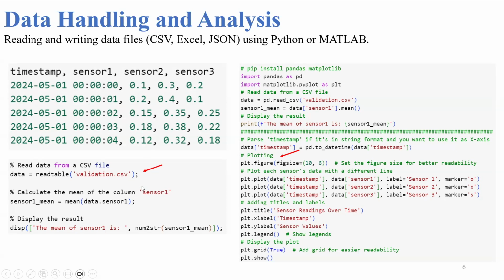And you can read them using pandas. You can calculate the mean or average of these numbers for this column and so on. So these are very useful. Other than reading them, you can also